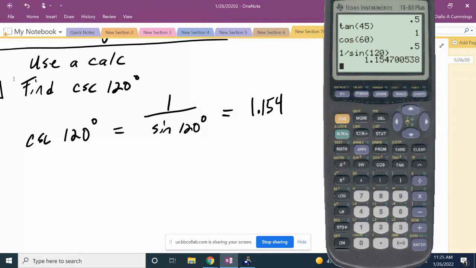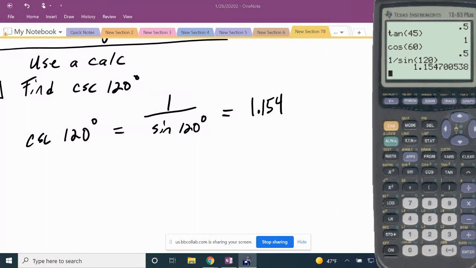All right, so the cosecant, that's equal to 1 divided by the sine of 120. All right, so we have what's called an approximate value, and we have what's called an exact value. So here we have the approximate value. Okay, now if we were asked to find